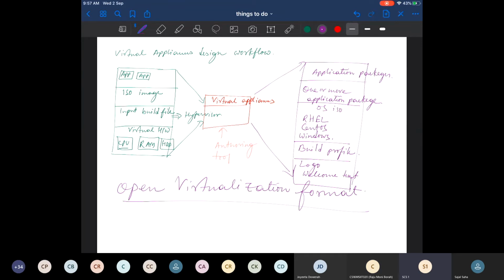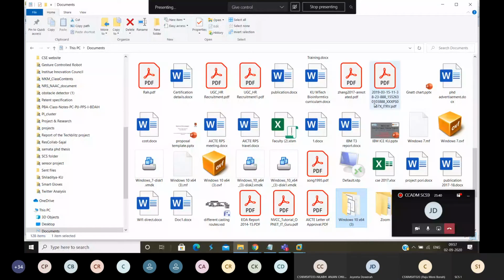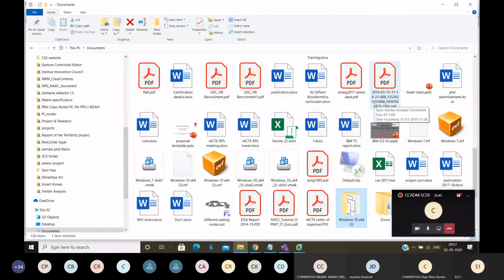Suppose I am showing it. Let me see whether my hard disk is there. If the hard disk is there, I will show you. Okay, I have my hard disk. Suppose I have lots of virtual machine images in my hard disk.